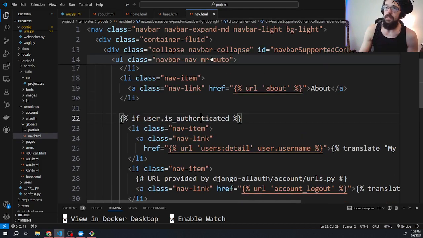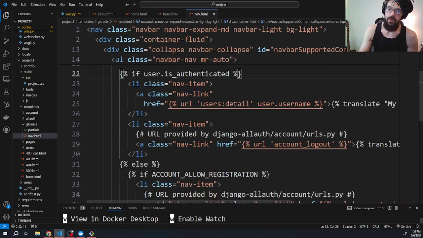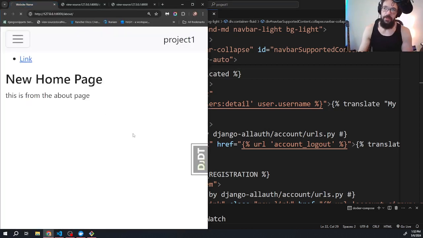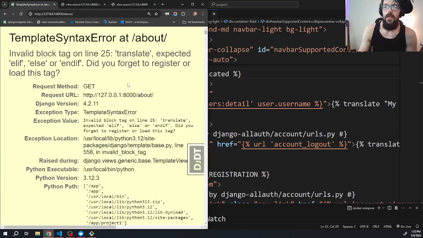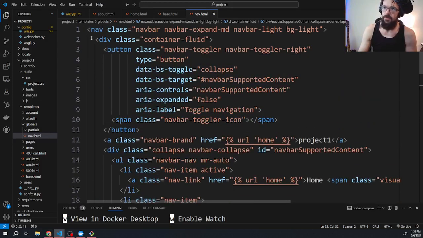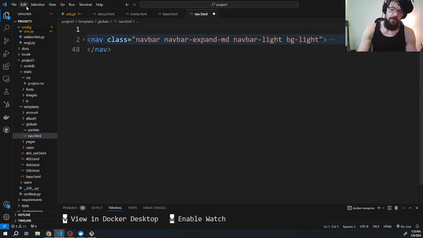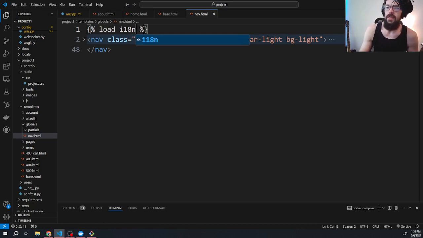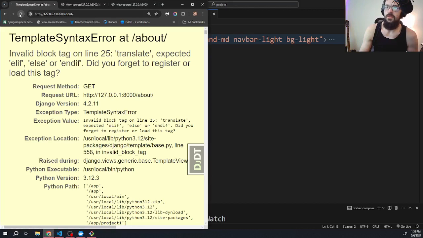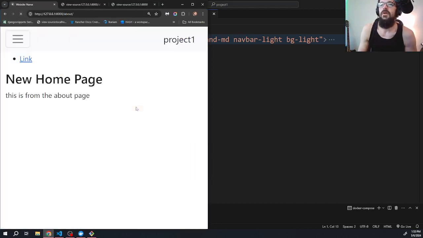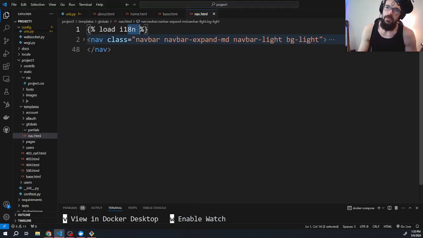Okay, but in nav we have the user, so we should have that same logic, and everything else is pretty much hard coded. URLs will still work. So if we come back over here and we hit refresh, we should still have our navigation sitting there. But we don't. Invalid block tag on line 25. Translate, expected else. Okay. So we need i18n. Oh. So we'll say load i18n, and then I don't think we need static in this file, but let's see. Okay, there we go. So that's all it was. It just needed the